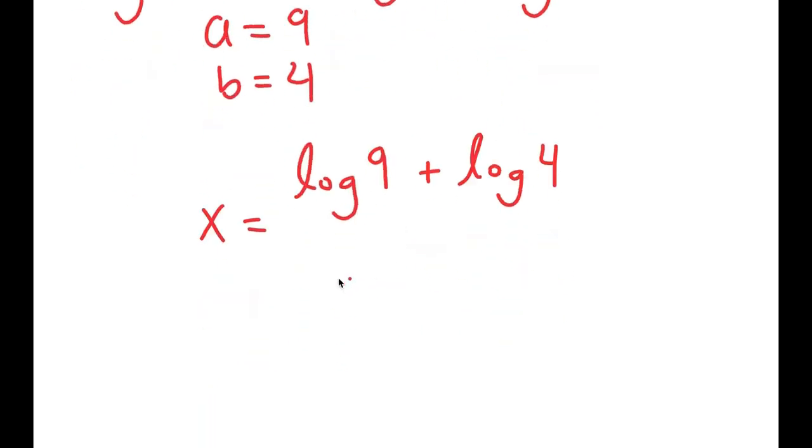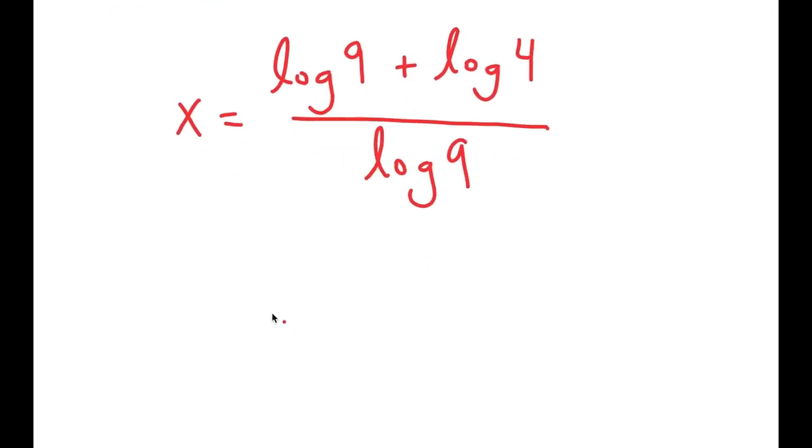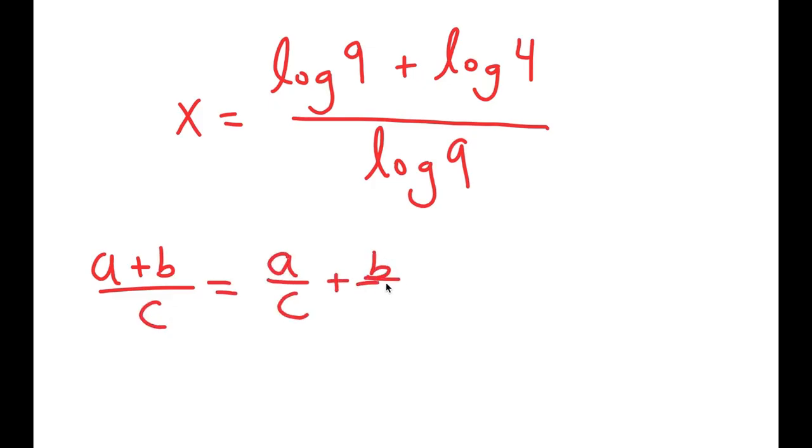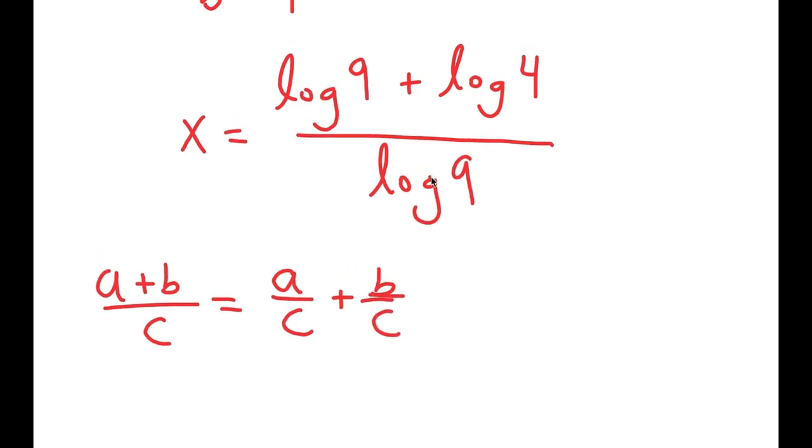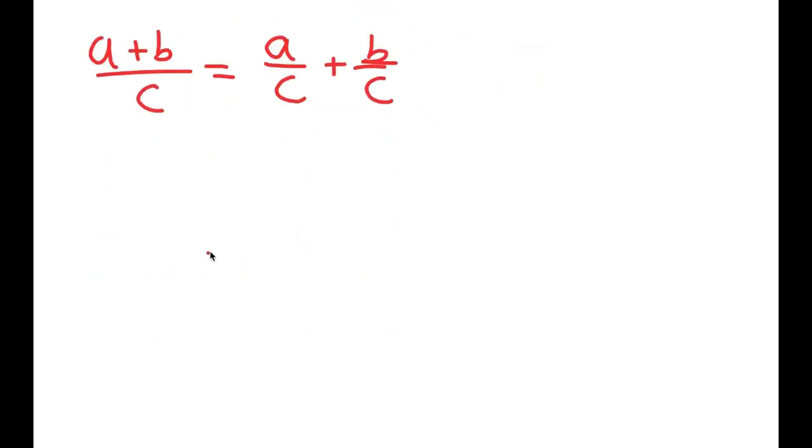And remember, I still have all of this over log 9. Now, if I have something in the form a plus b over c, this is equal to a over c plus b over c, and this is just using fraction properties. So I have log 9 plus log 4 over log 9, and I'm going to rewrite this as